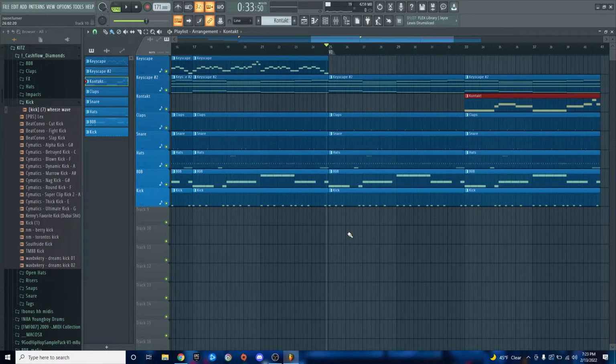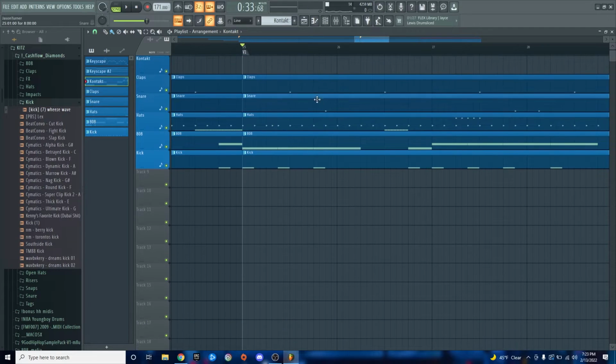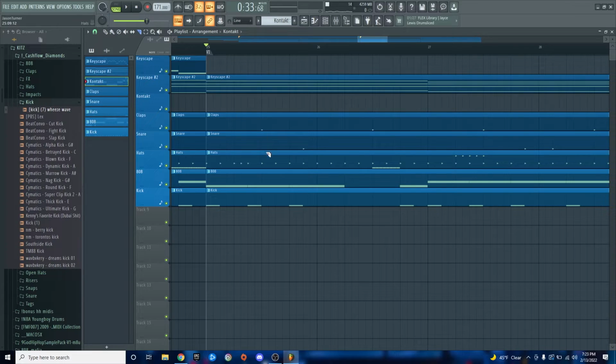Now, first off, I skipped a whole part. Usually right here, I will have a switch up in drums. So I think if you right click and then use your scroll wheel, you can change the instruments up here. So I'm going to go to the cut tool, and I'm going to go down to claps, and I'm going to cut them between the 2 claps. I'm going to cut the